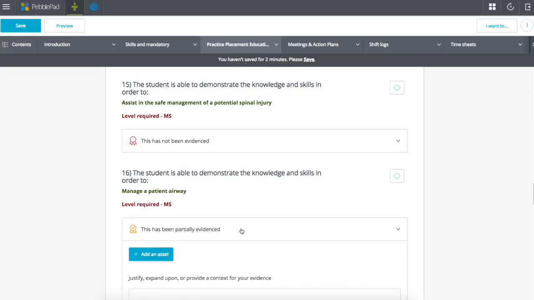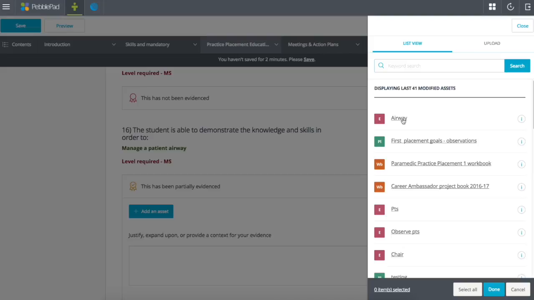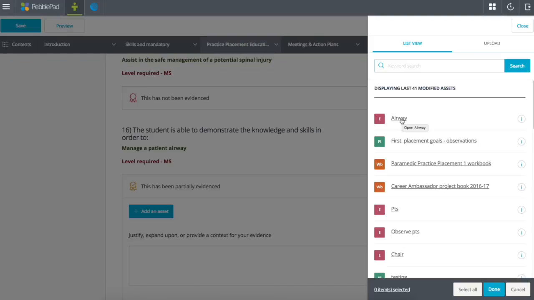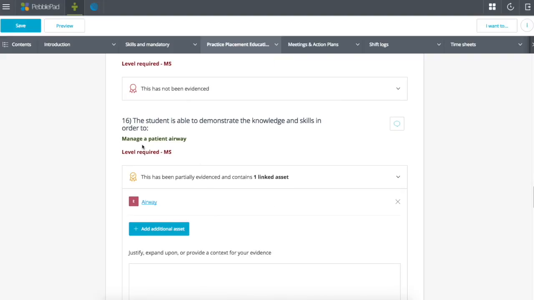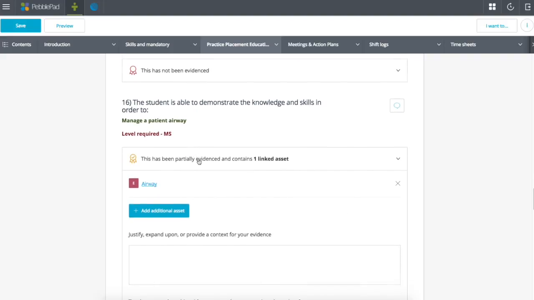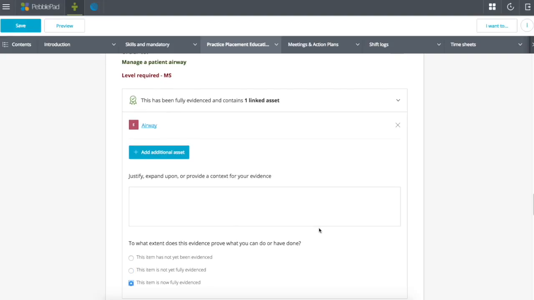So what we need to do there is add an asset. So we can add the asset, which is the airway log that the student completed. And this is all things students do. I'm just running through this so that you understand the process they will go through. So they click on the asset and they add it in here. Now we know that we pass them off at minimal supervision, which is the level they require during this part of the course. So we can say from that this item is now fully evidenced, and that signs off their